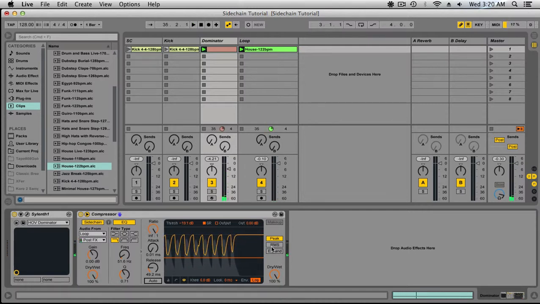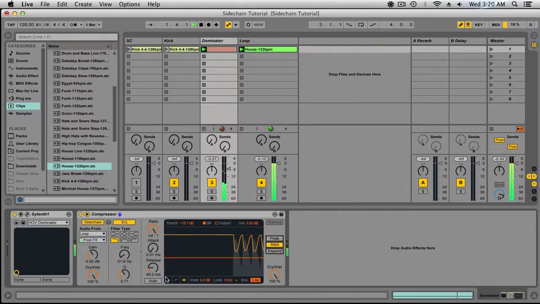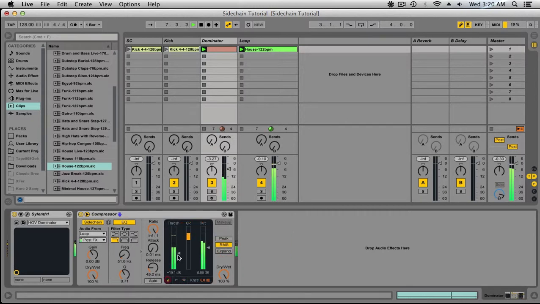As far as peak and RMS, with peak, the compressor reacts very quickly. RMS, root mean square, I believe it just affects the average level. It's a lot slower. The compressor is a lot slower when you do this. So it's not as extreme. I mean, you can certainly make it that way, but